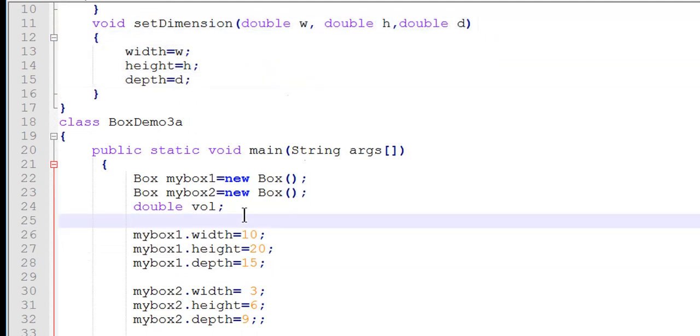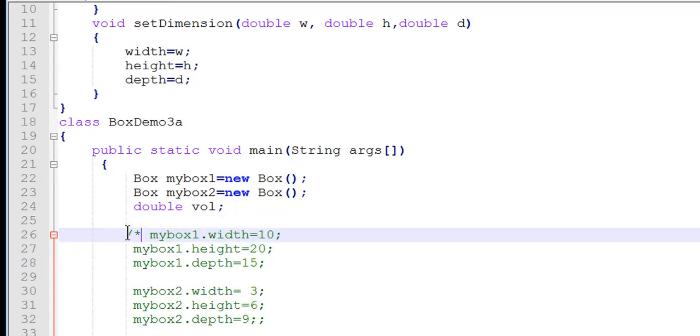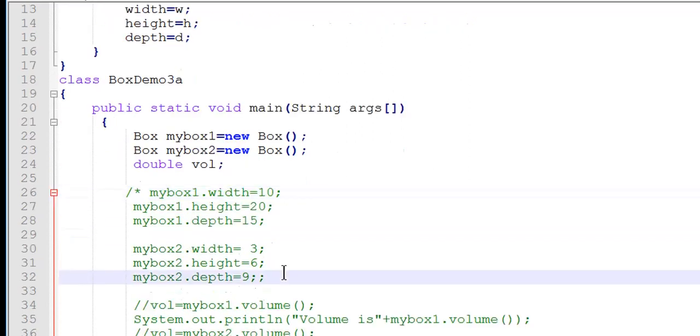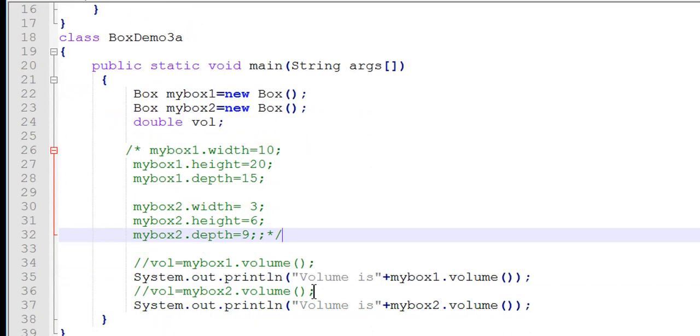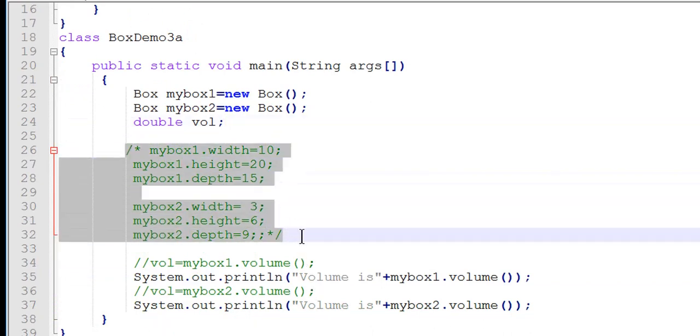So these lines are not required, so I will block these lines and delete them.